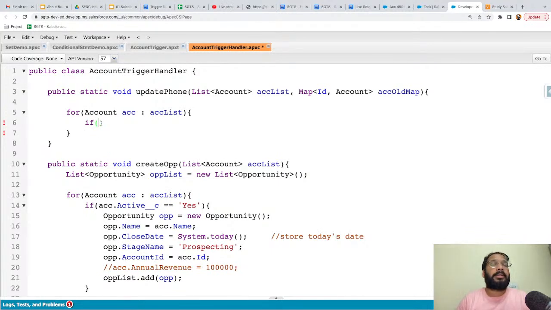So here in this if condition, we need to check whether the phone field is updated or not. The new value of phone we can have through ACC list. So we can write acc.phone and then not equals to. Here this acc.phone will provide you the new value of that phone field. Now we need to identify the old value of that phone field, right? The old value of that phone field is available in the old map, acc old map. So what I can write is acc old map dot get, and we need to get